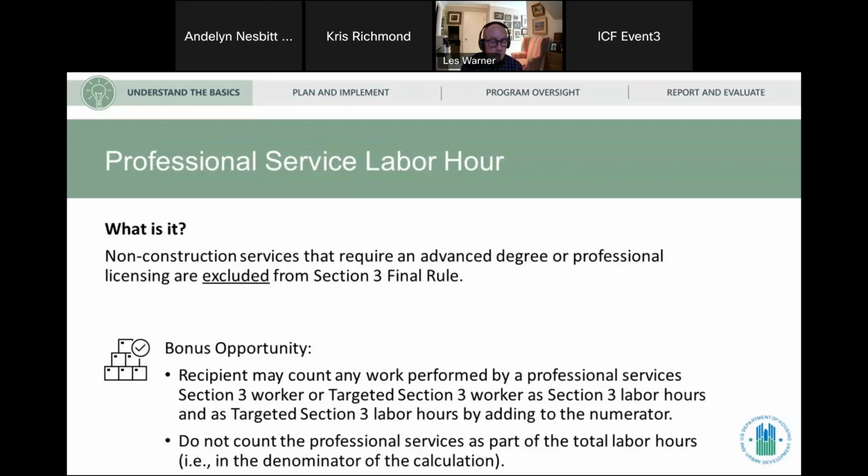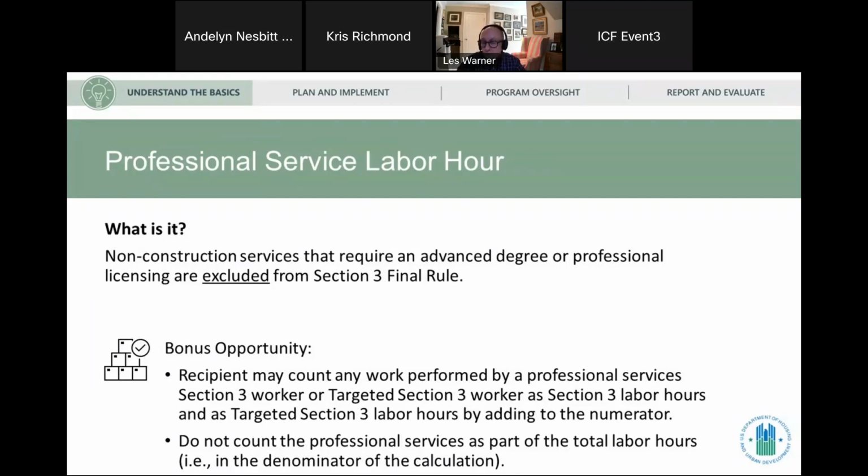You may be looking at your procurement where you require that when you hire, they must present that they have an advanced degree or professional licensing, or maybe for the task they are doing, state or local requirements say that to be qualified they would have to present an advanced degree or professional licensing.